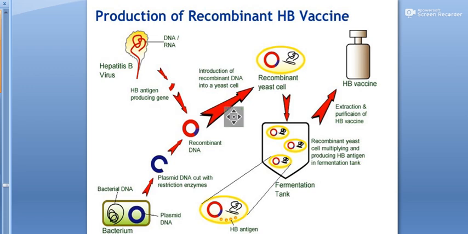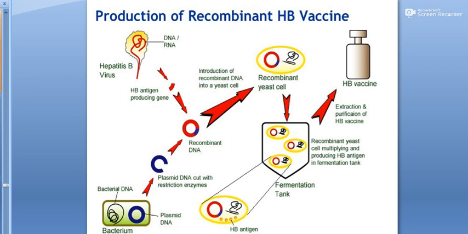So let's see how the HB vaccine, that is the hepatitis B vaccine, is produced with the help of rDNA technology, that is recombinant DNA technology. Firstly, we need a hepatitis B virus which contains the disease-producing gene, that is the viral genome, DNA or RNA. Here, the point to be noted is that this hepatitis B virus contains DNA. This DNA has extension parts which are single stranded, right?